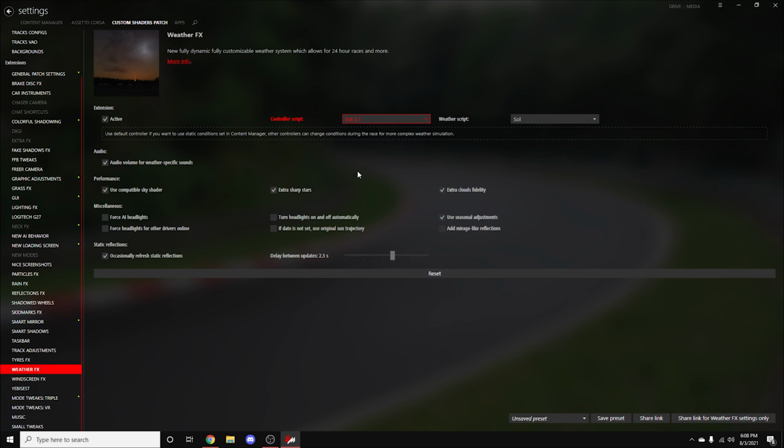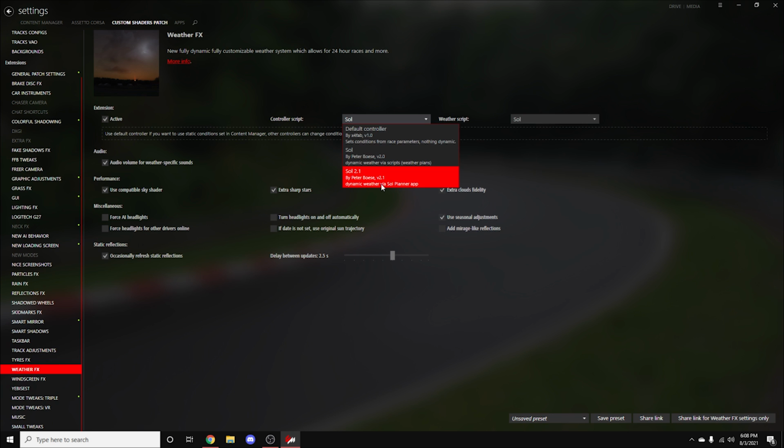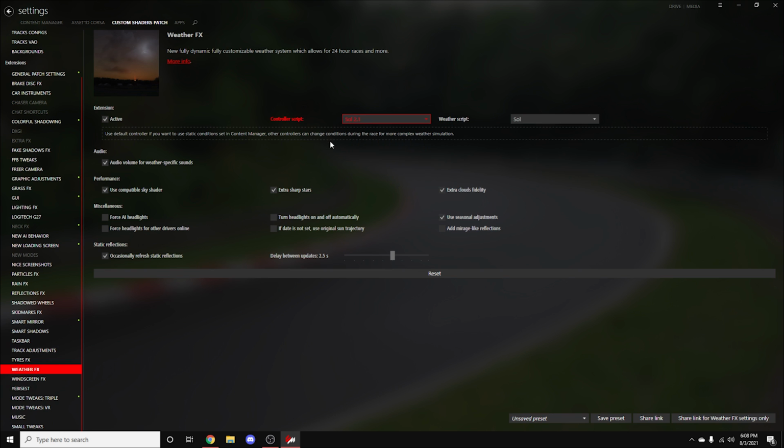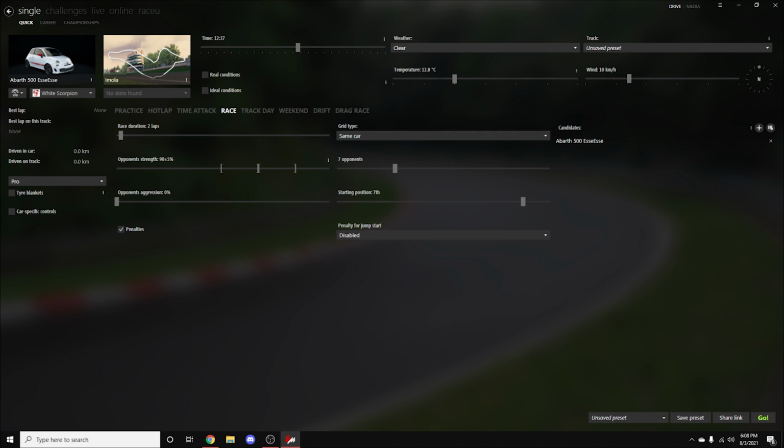throughout the race. If you would like to run Sol, just the regular one, personally for videos, actually this one is a lot easier, but if you're trying to do endurance races, Sol 2.1 is definitely what you're going to want to do. Now then, click Drive, and there is one final thing I recommend you install,